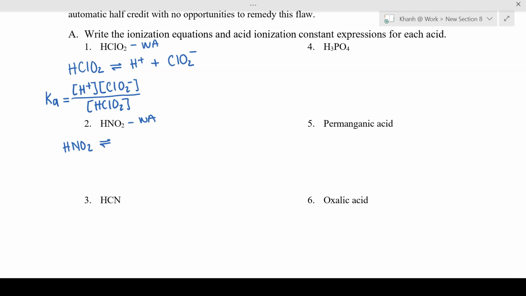This will dissociate partially into 2 products, one always being an H+. The other product then would be whatever is left over from the acid, which is NO2 minus. Let's write our acid constant expression